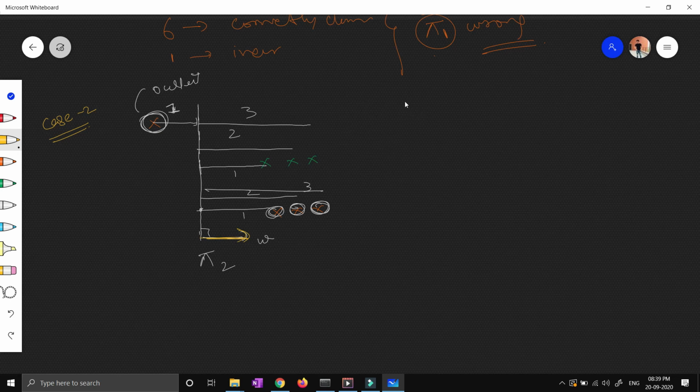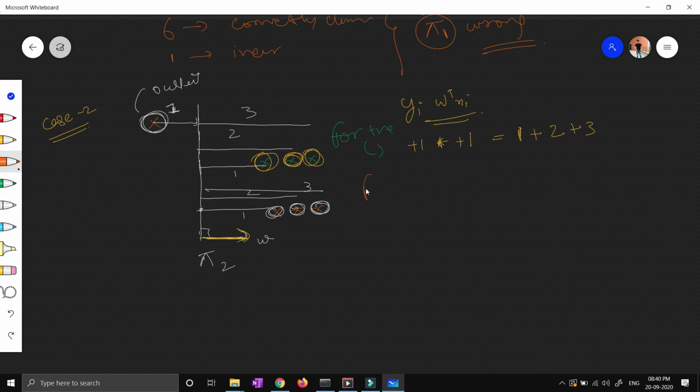So now let me calculate my signed term, yi w transpose xi, right? For this particular point, I know my actual yi is +1, multiplied by w transpose xi. You can see the distance is 1, and because this point is in the same direction as w, I'll take it as +1, so it will be 1, right? If I calculate it for this particular point, it will be 2, and for this point it will come out to be 3, right? And this is for the positive points.